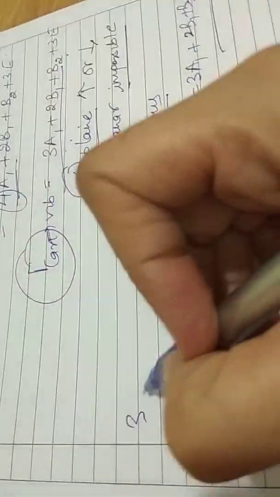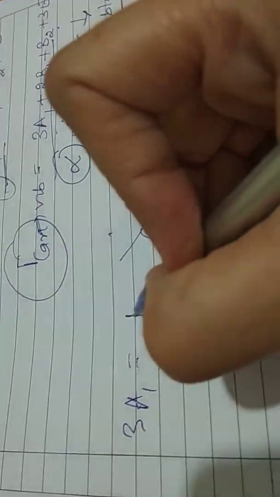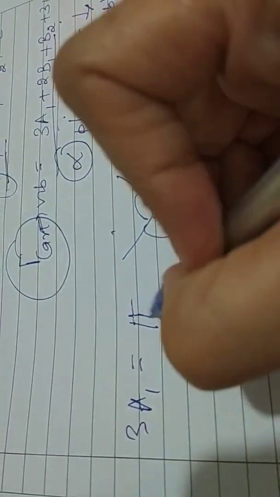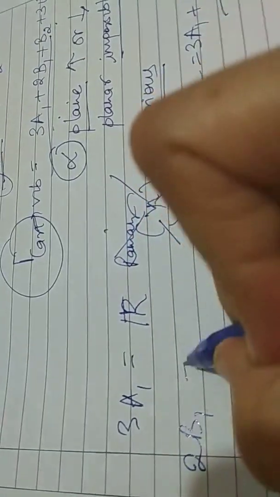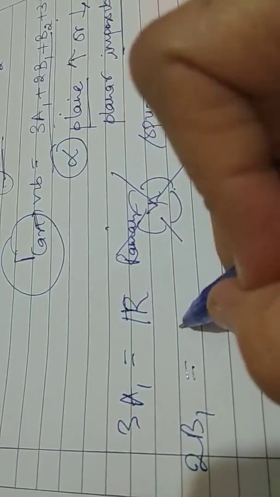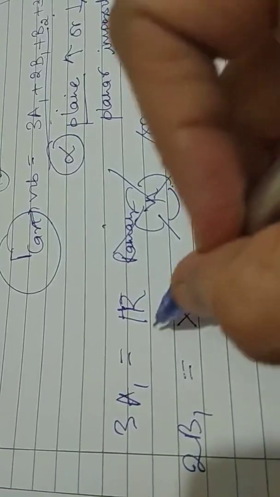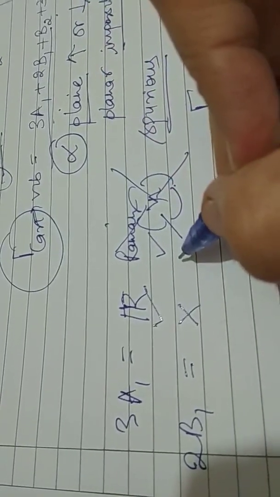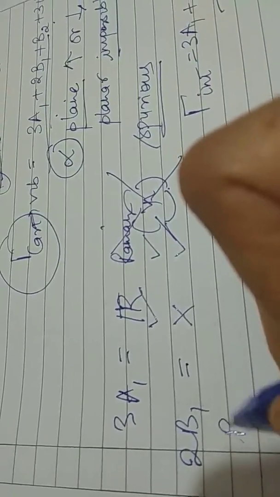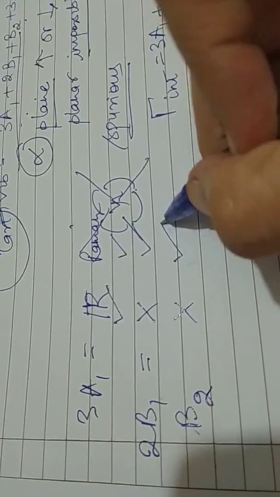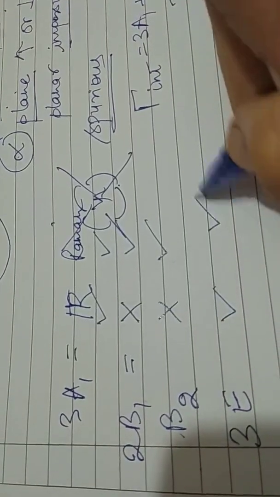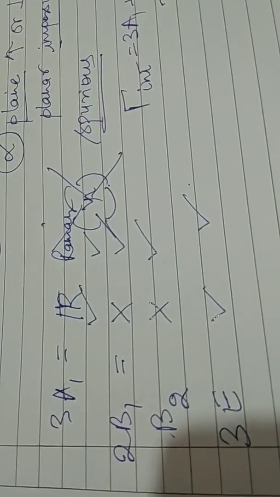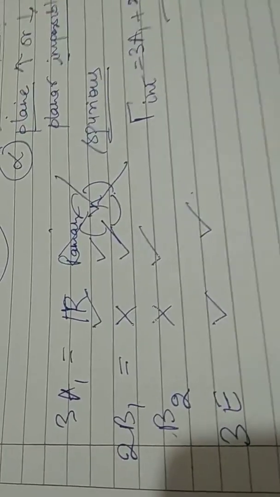So this 3a1, okay, where is my camera? This 3a1 is IR active as well as Raman active. 2b1, you can check it from the character table. It is not IR active. This is IR active and Raman active. This one is Raman active. B2 is not IR active, only Raman active. And E is Raman as well as IR active. Okay. No need to rectify how to draw them.